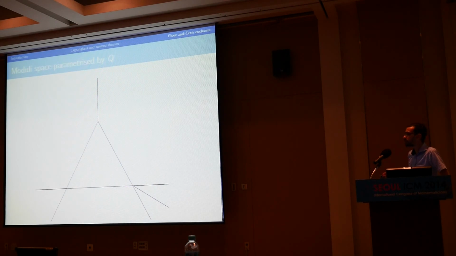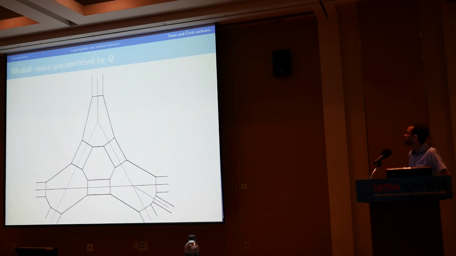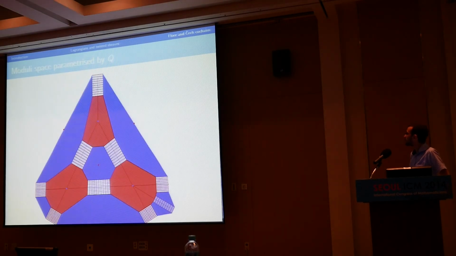So this is just some pictures. I'll be done in just less than a minute. So this is some triangulation. This is the dual of its barycentric subdivision. And if you stare at it very hard, you will see that you can write every cell of the dual barycentric subdivision as a product. And the picture is like this. So these are products of a point with a truncation of the dual cell. This is a product of a point with a truncation of the original cell. And these are products of two intervals, which happen to be exactly cells and dual cells in this dimension. Okay, thank you very much.